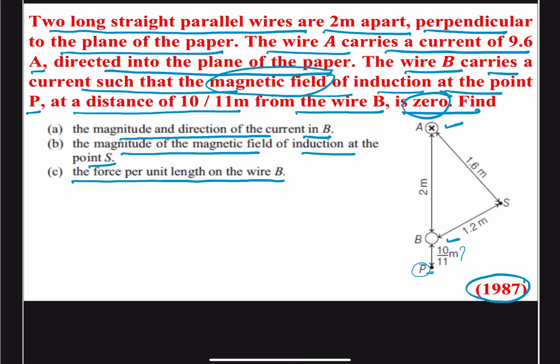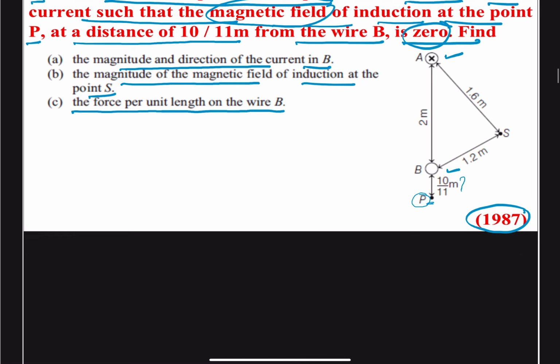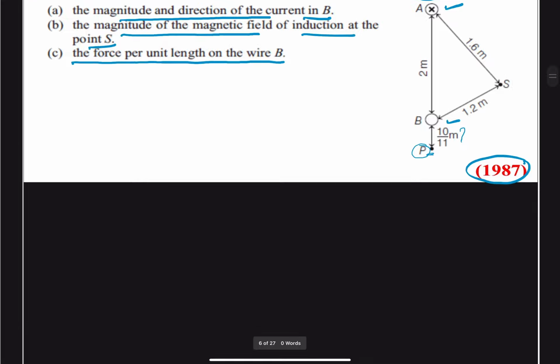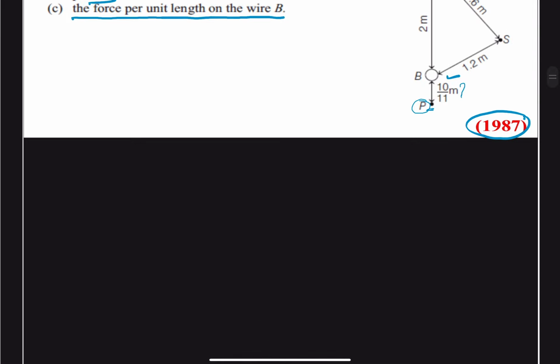So we are going to start from this point only. So we say that the magnetic field at point P is 0,